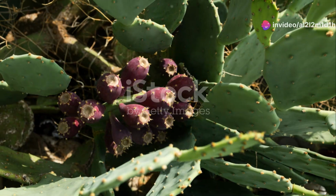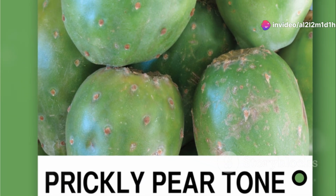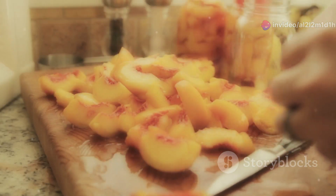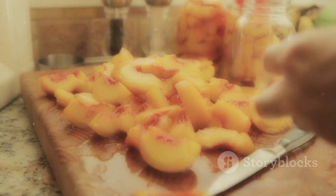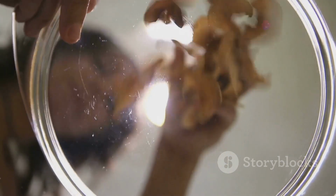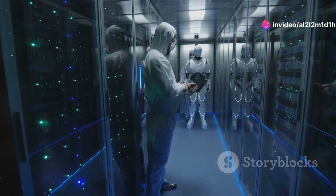Section 9, prickly but nice, why we love these pears. So there you have it, folks. The prickly pear, a fruit that's a little bit prickly on the outside but bursting with flavor and goodness on the inside. We've learned about its impressive health benefits, the vitamins it provides, and even how AI is helping us